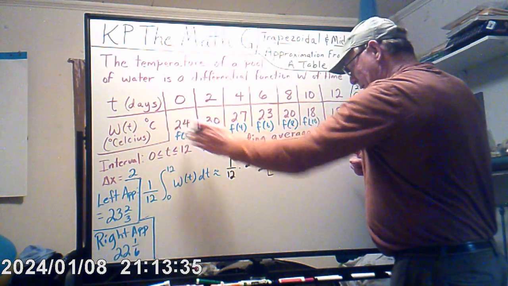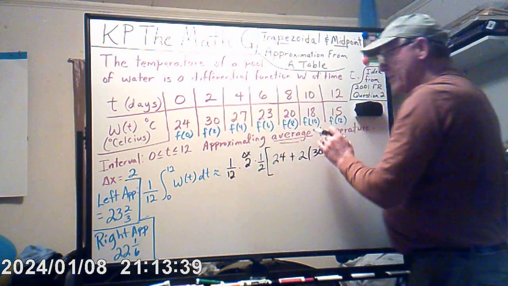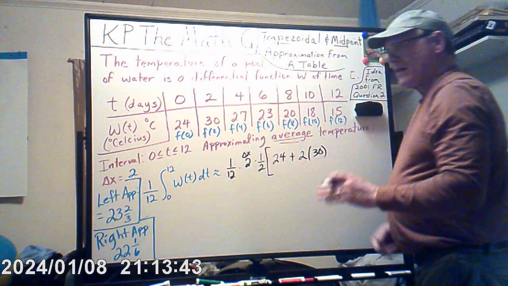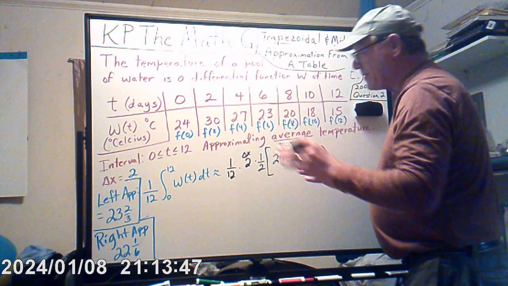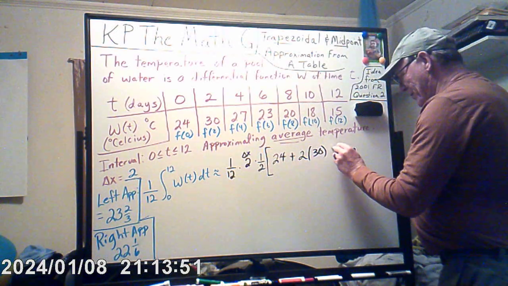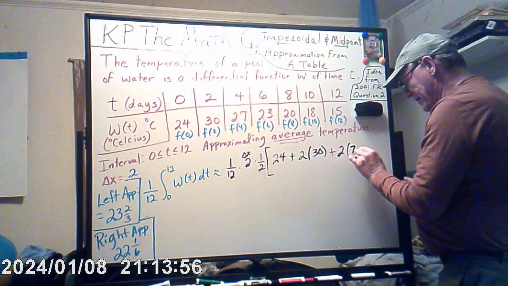On this one the first will be 24, the last one will be 15. But everything else for trapezoidal is 2 times in between. I don't want to go over the explanation of why, but I can tell you that is the formula for that. Okay, so 2 times 30, 2 times 27,